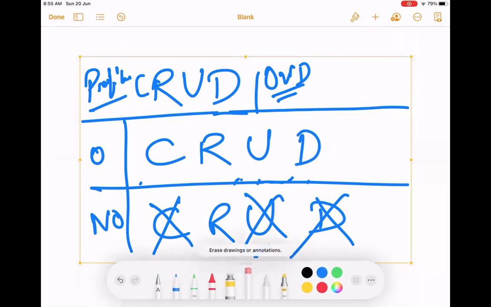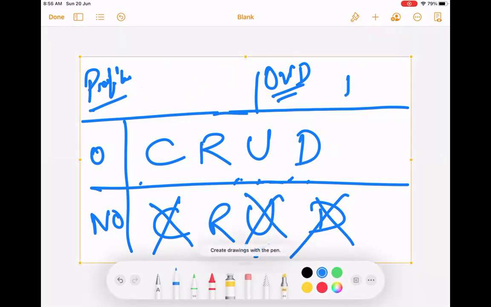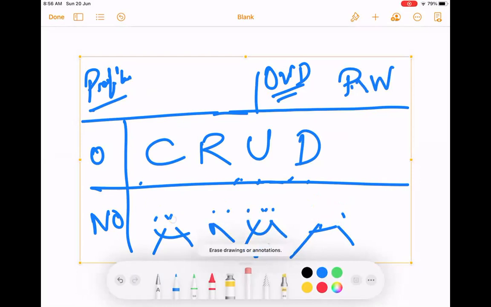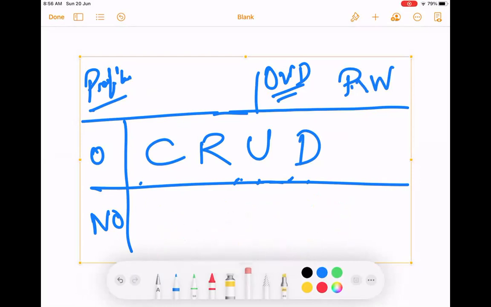The last combination. Read, write. What happens?